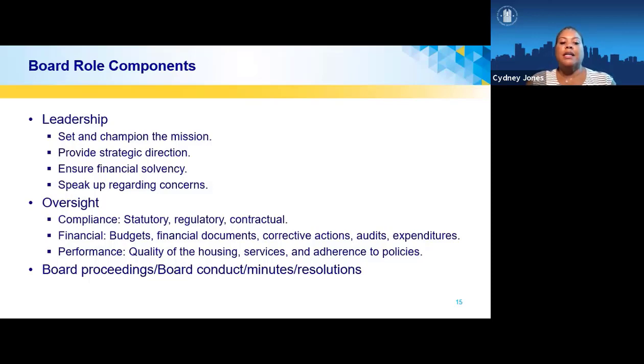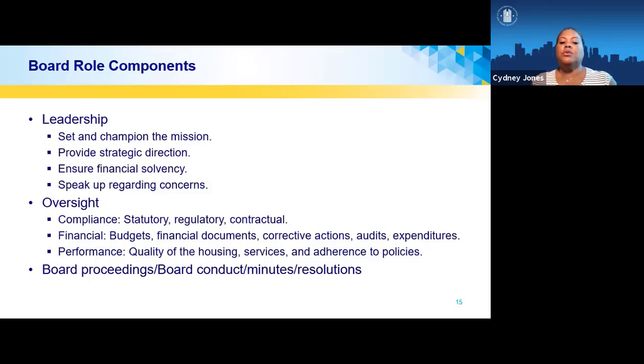Now, when it comes to oversight, this may seem overwhelming to some of you, all of the rules and regulations that HUD sets out, but always remember 1 + 1 = 2. And anytime 1 + 1 doesn't equal 2, your job is to ask why that is. So oversight, your oversight responsibilities include monitoring the agency's ability to meet the statutory, regulatory, and contractual obligations. Also, as a board member, you must ensure that the agency is in compliance with laws and regulations and meeting their obligations on any audit recommendations.